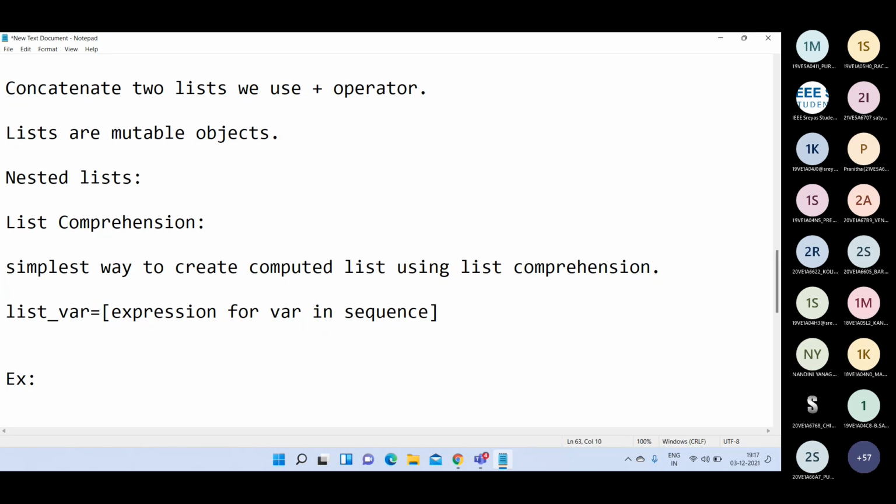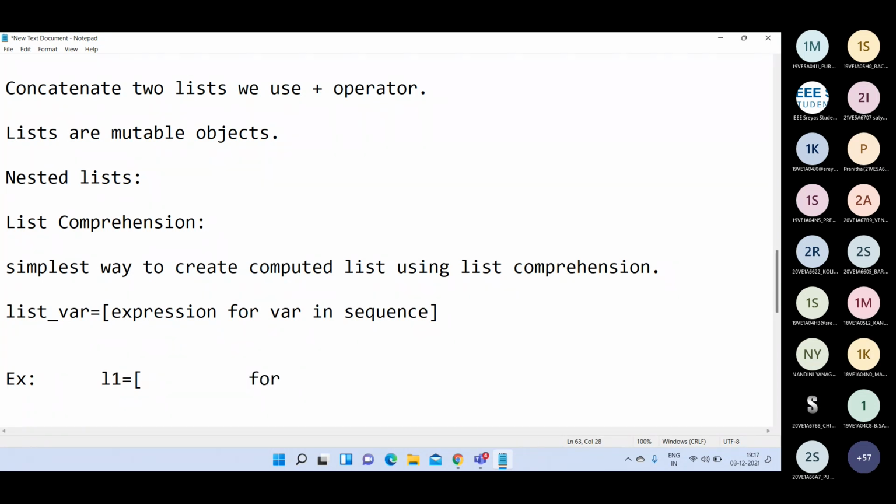So what I'm going to write here is L1, that is my list variable, equal to square brackets. First the expression. So what do I want to compute? The cube value. Am I right?